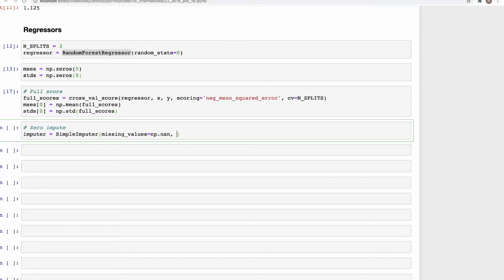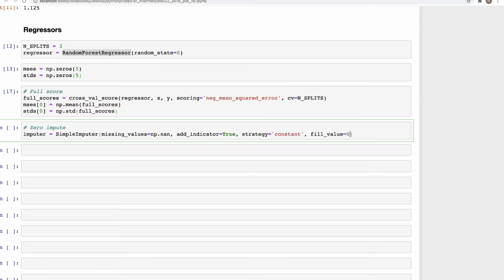So those are the missing values that need to be imputed. And then there is a provision called add_indicator, and I'll explain that in a minute. And then we have strategy equal to constant, because it's going to be the same 0 everywhere, and the fill_value